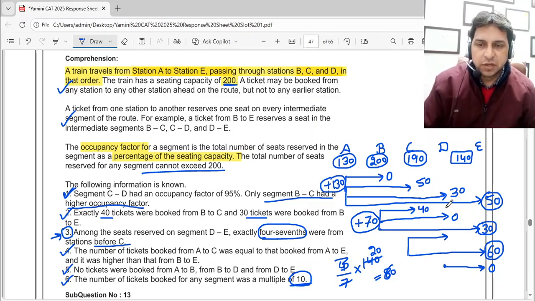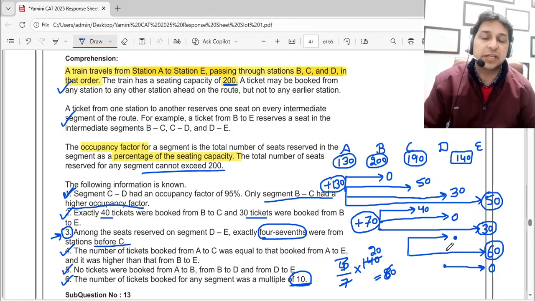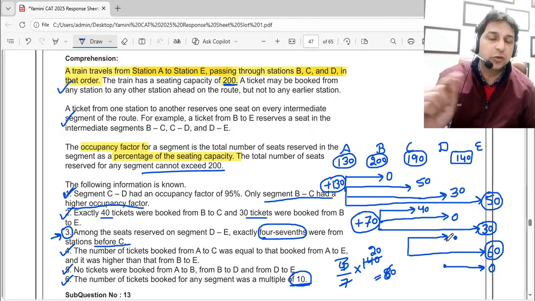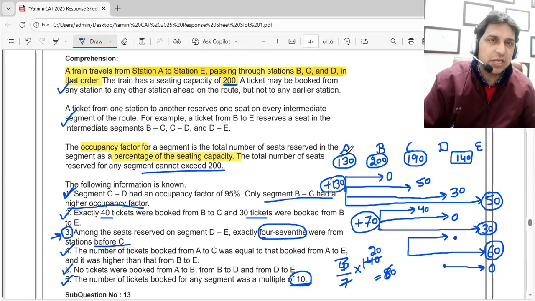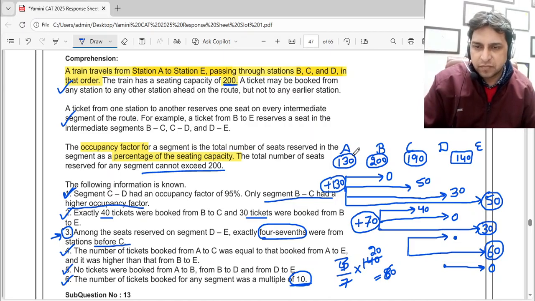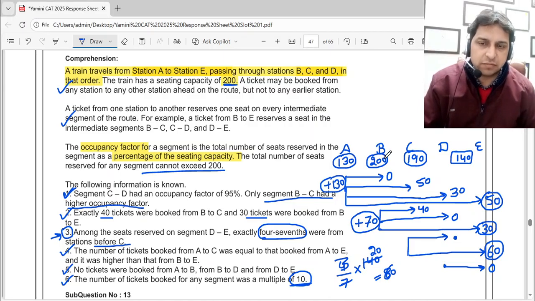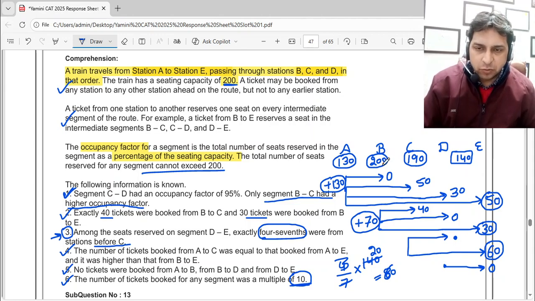Quite clear? Now let's go further. There's one more piece of information which we have not written yet, that is the number of tickets booked from C to D. Now how will we get this number? Let's understand that. At station A, 130 people boarded the train. Then 70 boarded the train at B, it became 200. Now at station C, out of this 200,